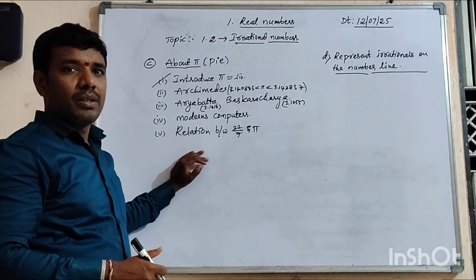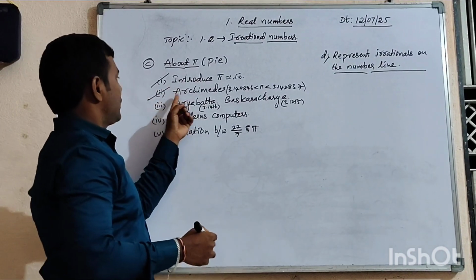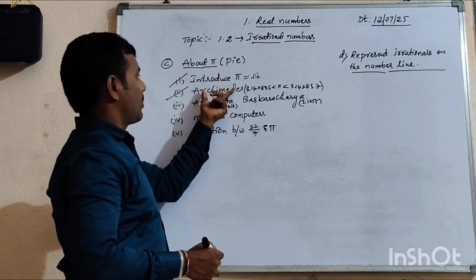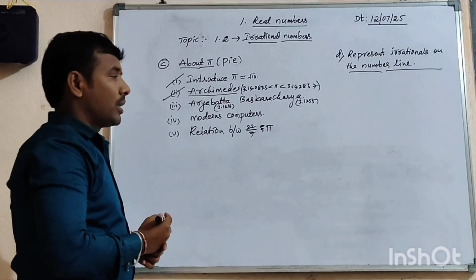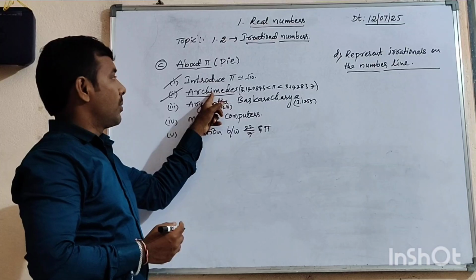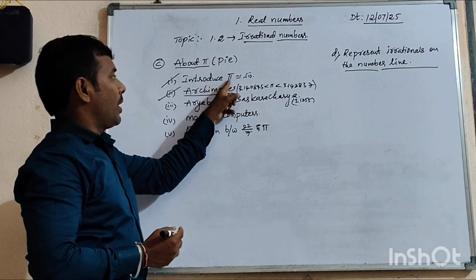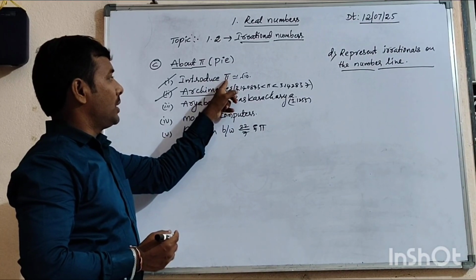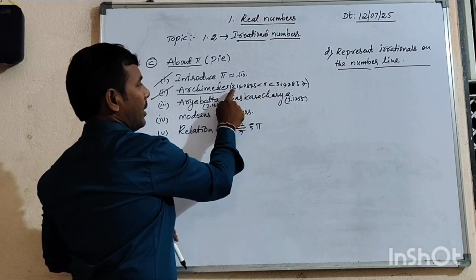Next, the second topic. Observe. What is the second Roman number? Archimedes. What is Archimedes? He is a famous mathematician from Greece. He did not give the exact pi value, but he gave one message: that the pi value is always between